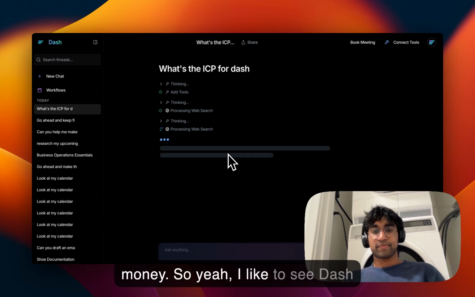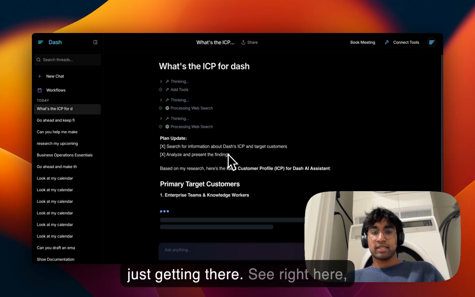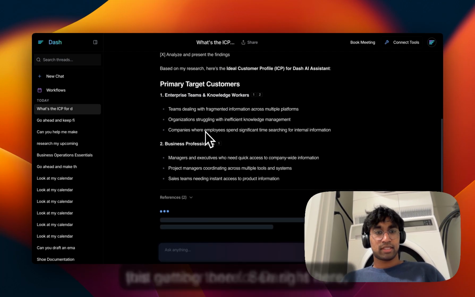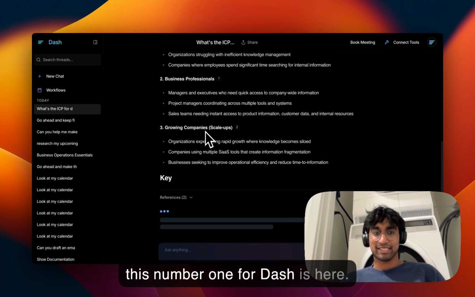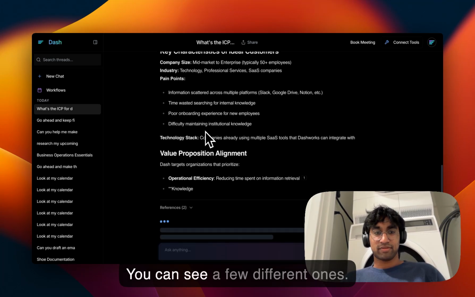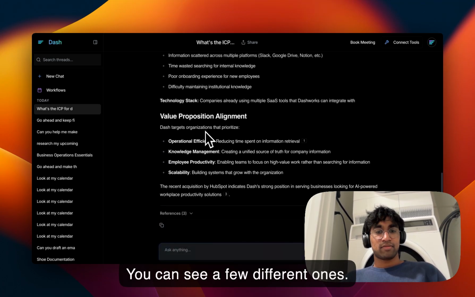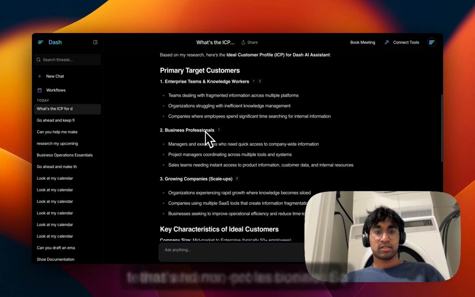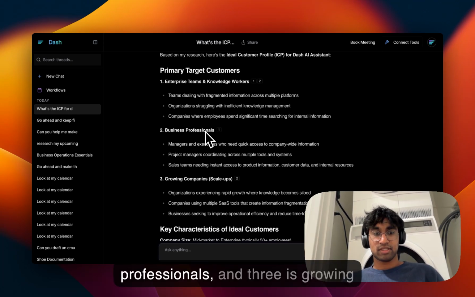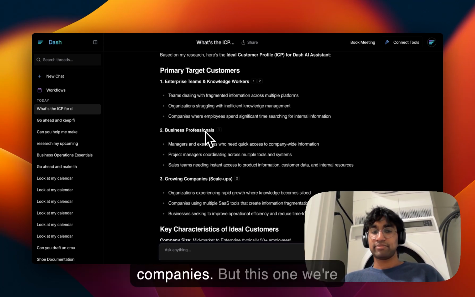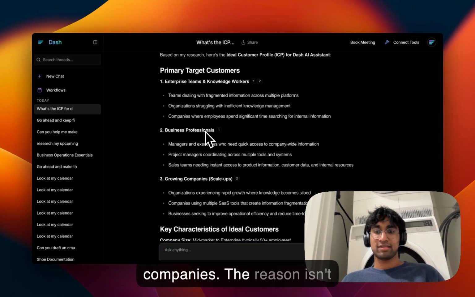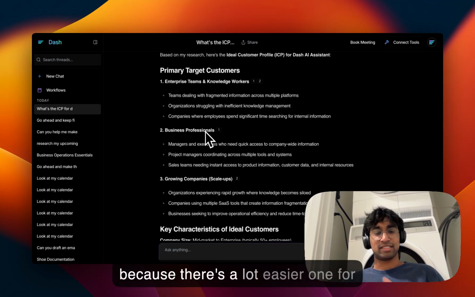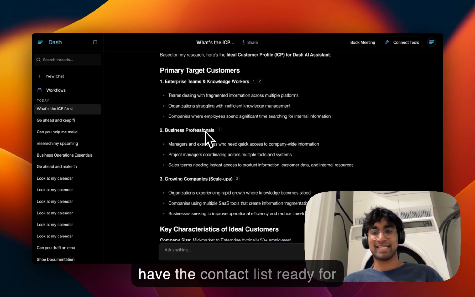So let's see. It's just getting there. See right here, this number one is for Dash. You can see a few different ones. One is enterprise teams and knowledge workers. Two is teams and business professionals, and three is growing companies. For this one, we're just going to do growing companies. The reason isn't because it's an easier one for personalization, it's just because I have the contact list already for